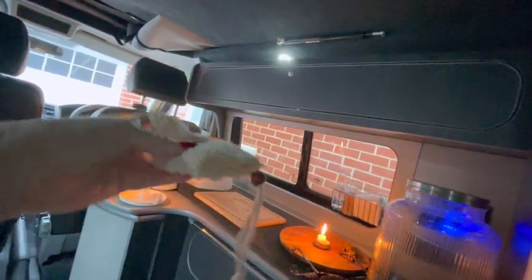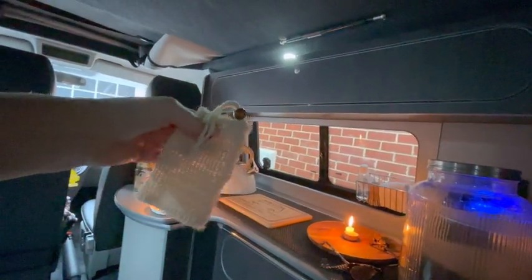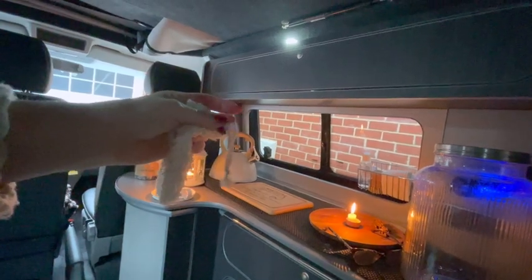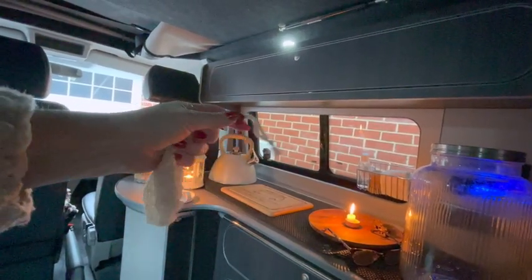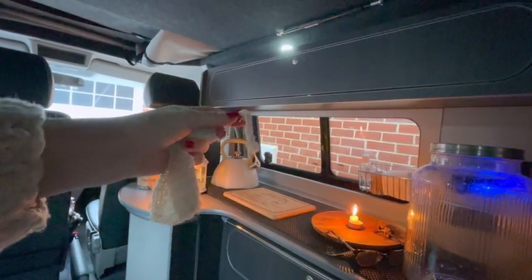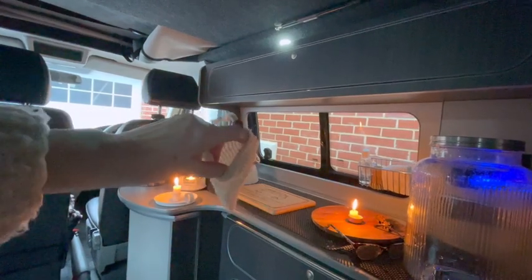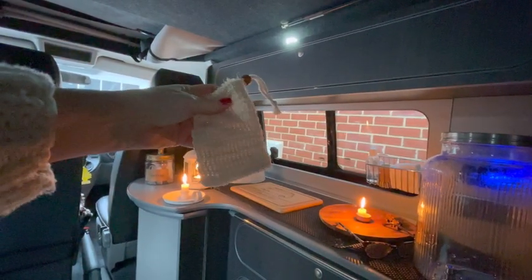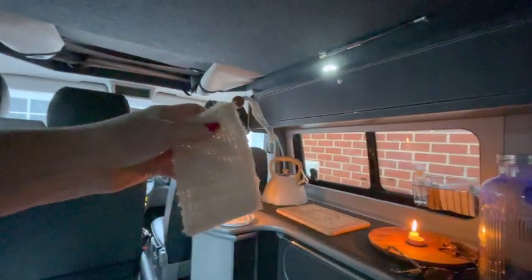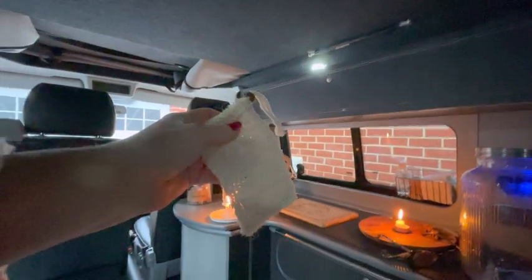Oh, I must show you this. Love this. This is from the lady that I get my soaps from, Mersey Mud Shack. And she's a local lady. I do like to shop sustainably and support local small businesses, and I buy all my soaps from her. She handmakes them and they're absolutely amazing. They're gorgeous, and I bought this from her to transport my soap in, because a lot of people say, you know, soaps are all well and good, but we all know it goes a little bit soggy